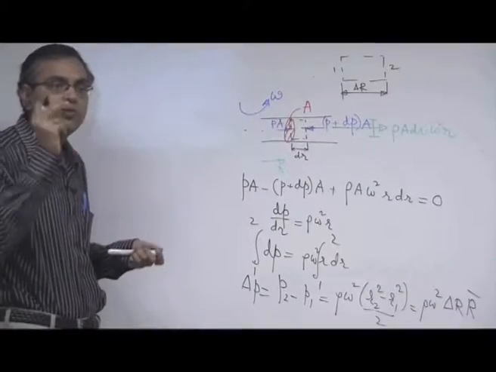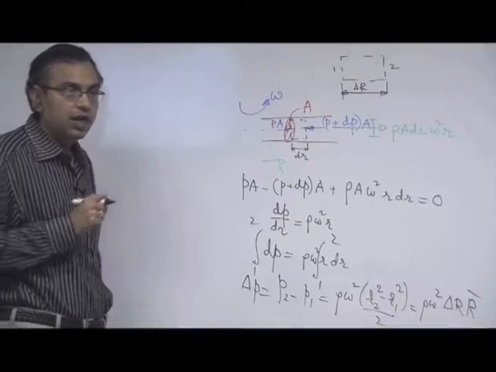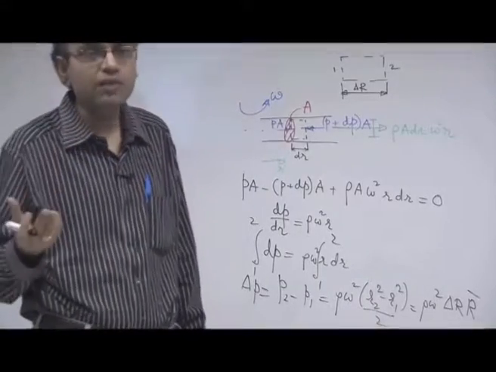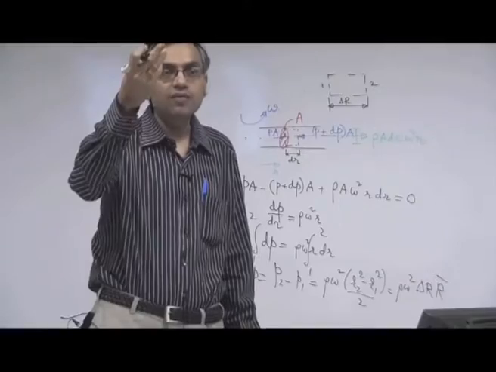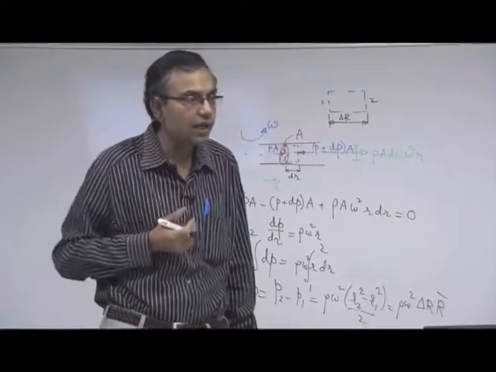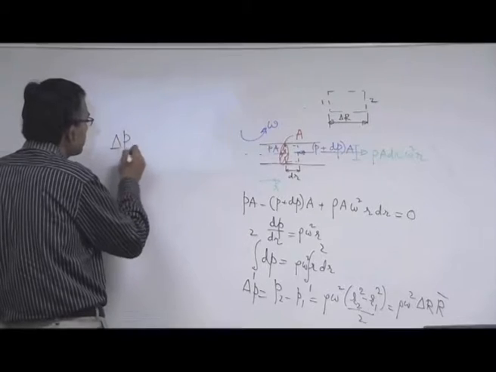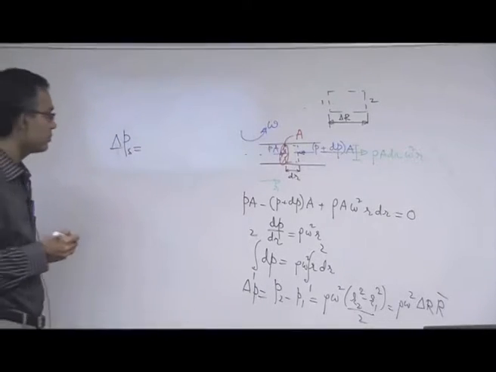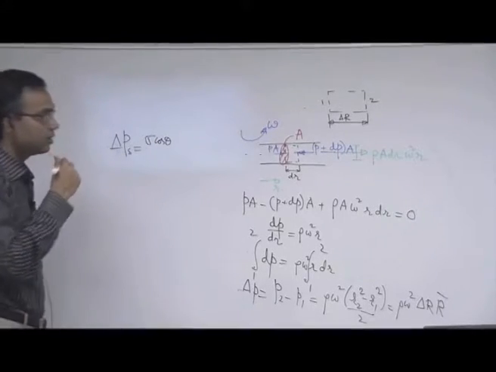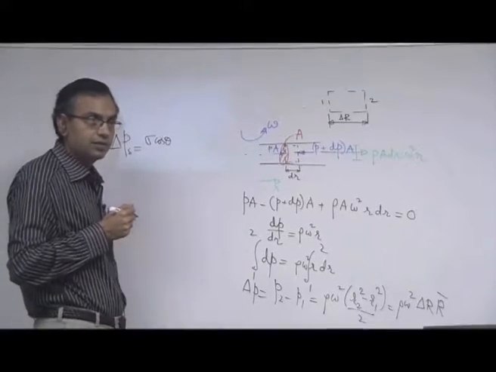So by rotational force, what you are doing? You are actually inducing a pressure gradient. Now if this pressure gradient is sufficient to overcome the pressure gradient due to surface tension, and if the surface tension was opposing the radially outward flow, then the fluid will start moving radially outwards. So what is the pressure difference due to surface tension? Sigma cos theta into what is the total force? Sigma cos theta into perimeter, right.